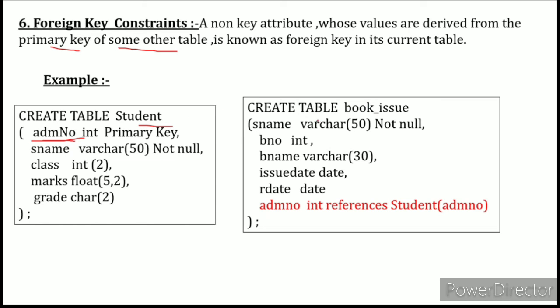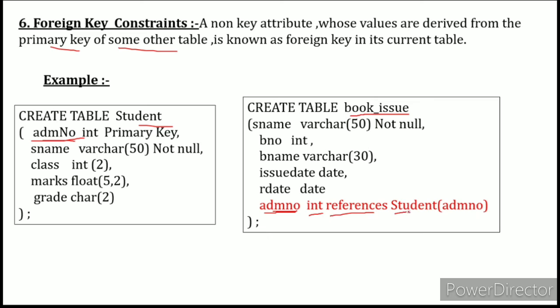How is it created? Just create another table, book_issue. How is it declared? Write the name of the column which you want to declare as a foreign key in its current table. After that its data type, and after that the REFERENCES keyword.